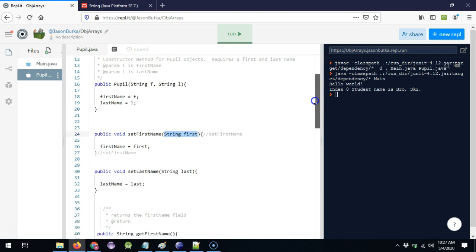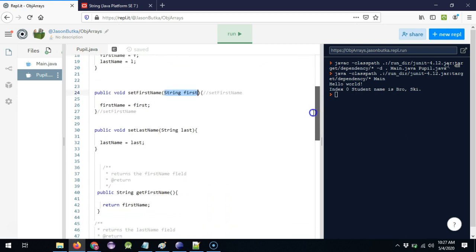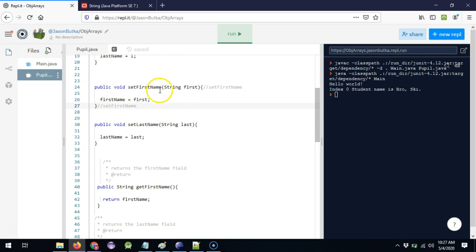So we'll go ahead and take a look at that. Let's take a look at this method right here, set first name. Now, you notice that the student I printed out last, the last element in the main method, printed out Bro and Ski. Let's say I didn't want Bro to be the first name. The only way I can change that is by invoking the method, because remember, Bro-Ski is a pupil object. The only way I can change that is if I call the set first name method before this prints out, changing that first name. So let's take a look at this first before I actually invoke it in the main